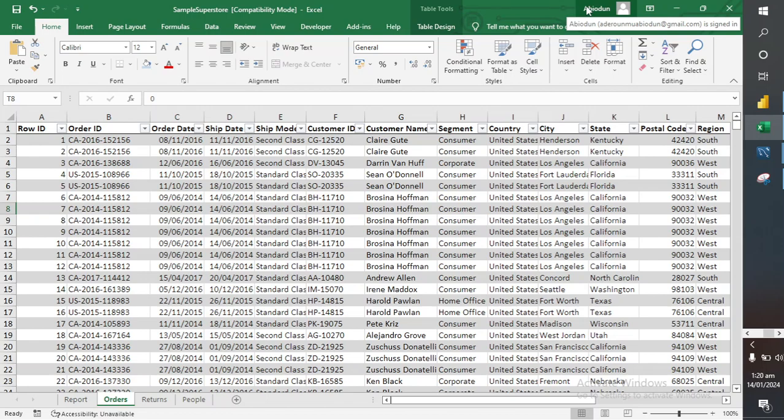So good day. We'll be doing the analysis of the sample superstore using Excel. We have to analyze the entities. So we have the row ID, then the order ID. Analyzing everything from this Excel, we could see that we have the count of